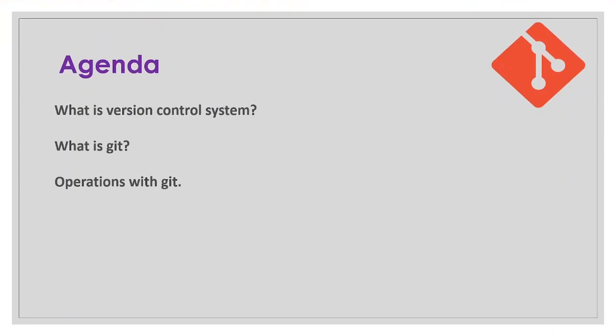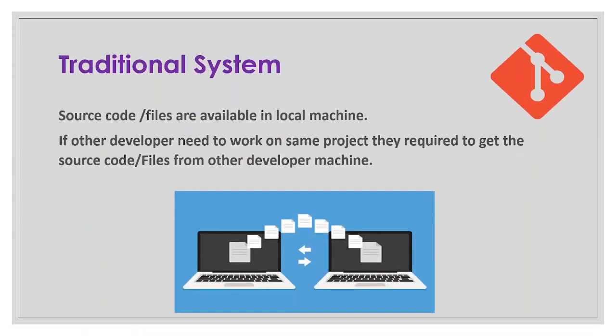And the agenda would be like we'll understand what a version control system is and what exactly Git is, and what operations we can perform with Git. And before going to Git, first we need to understand the traditional architecture, like how we are